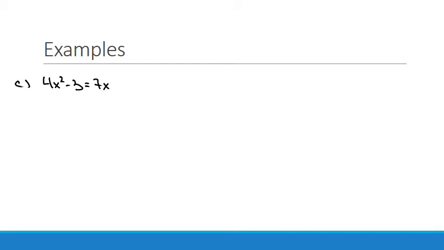So in this case, you can see I have a quadratic term, then a constant equals a linear. So I actually want to move the linear over. So where I move,